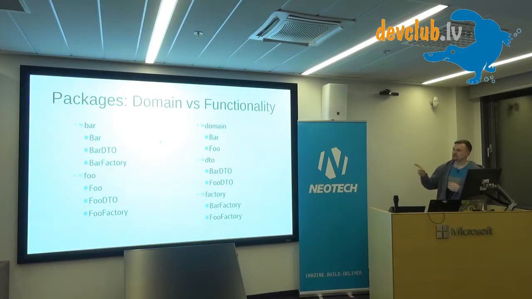This thing though, might. First of all, I did it incorrectly. So in this example, on the right column, it should be domain and then DTOs and factories, as I said in the previous slide. But, well, no consistency between slides. Anyway, one way to do it is sort of domain-driven packaging, even though it's not real domain-driven, because you would need some other things like value objects and stuff like that.